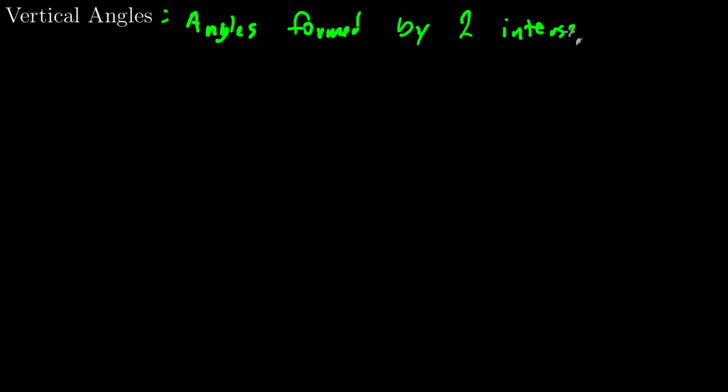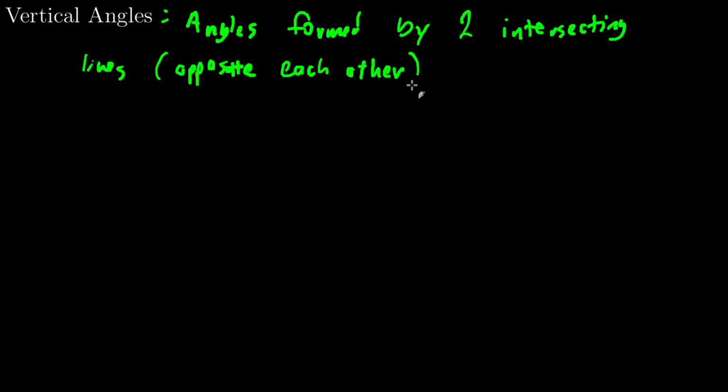The first one is called vertical angles. And for vertical angles, these are angles formed by two intersecting lines opposite each other. This opposite each other is not a great way to describe it, but it should get the idea across, where if I have two intersecting lines like this,